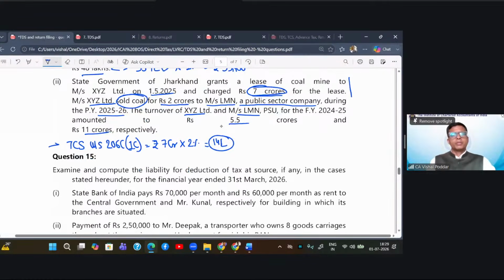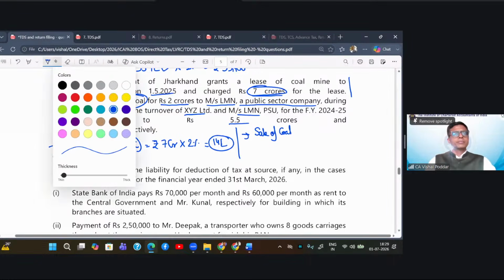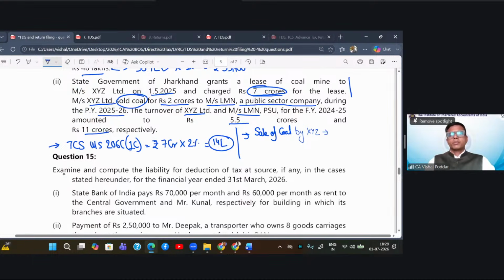So this is the first part of the transaction. Now coming to the second part, sale of coal by XYZ to LMN is not leviable to TCS because PSU is excluded from the definition of buyer under section 206C1. So the section in which we want to cover this TCS has a specific exclusion where PSUs are excluded. Hence, no TCS on sale of coal by